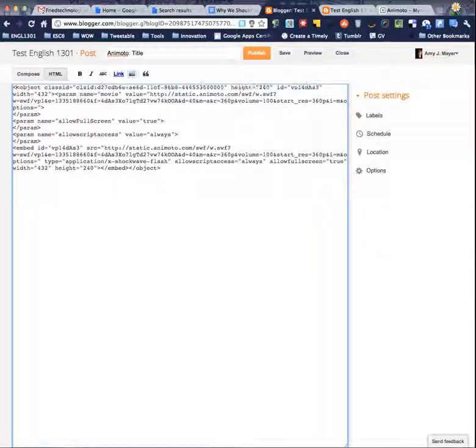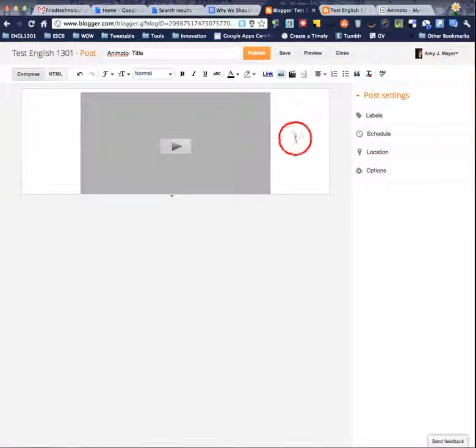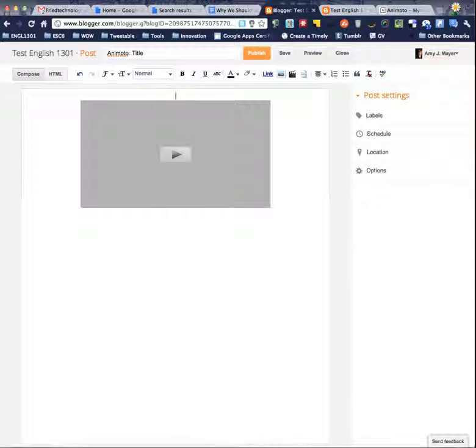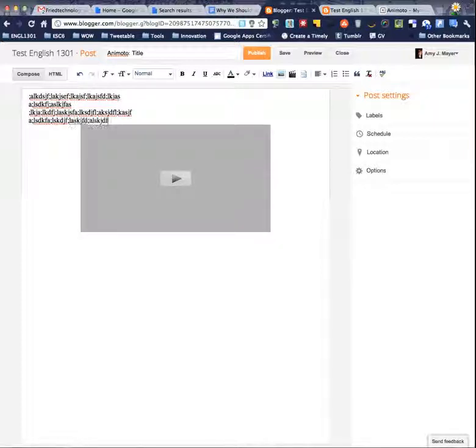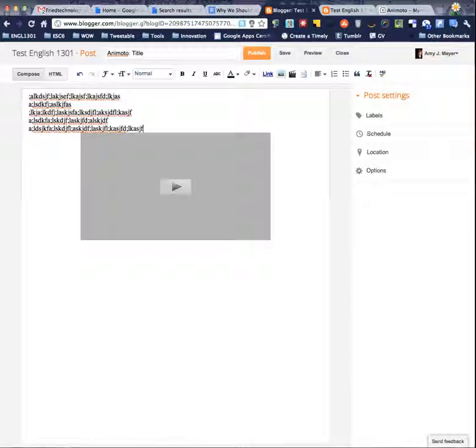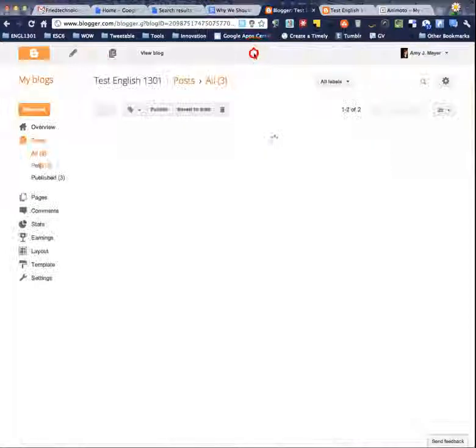So before the code starts, I'm going to type less than, center, greater than, and at the end I'm going to type less than, / center, greater than. Now let me go back over to my compose mode again. You can see it's centered, and you'll want to type some kind of information about your Animoto up above. So some kind of introductory information, maybe how you felt when you made it, or something about that Animoto. And now let's click publish, and let's go back to our blog and refresh,